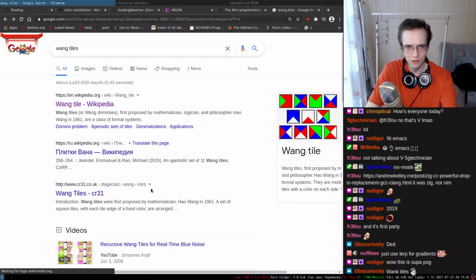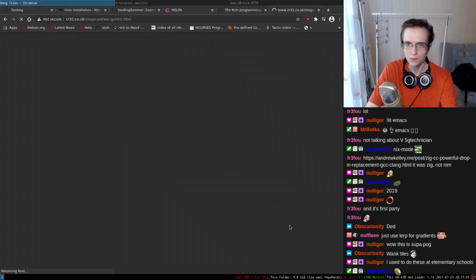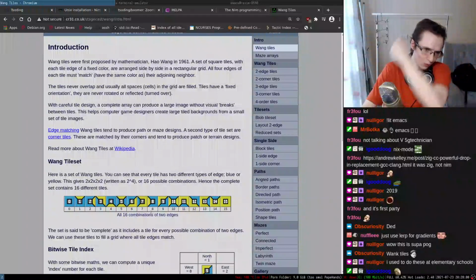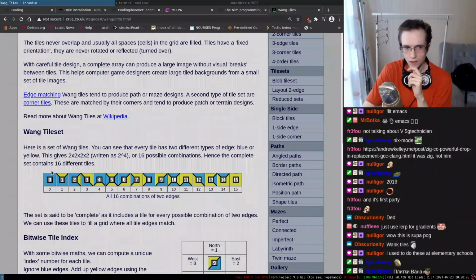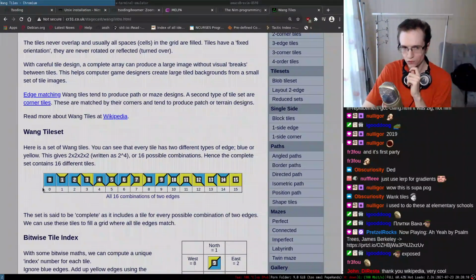Okay, so let's take a look at something better. I think somewhere here it is explained a little bit better. The idea of Wang tiles is extremely simple. The simple case of Wang tiles is basically you have square tiles with 4 sides, and you are not allowed to rotate these tiles, so you have to place them as they are.